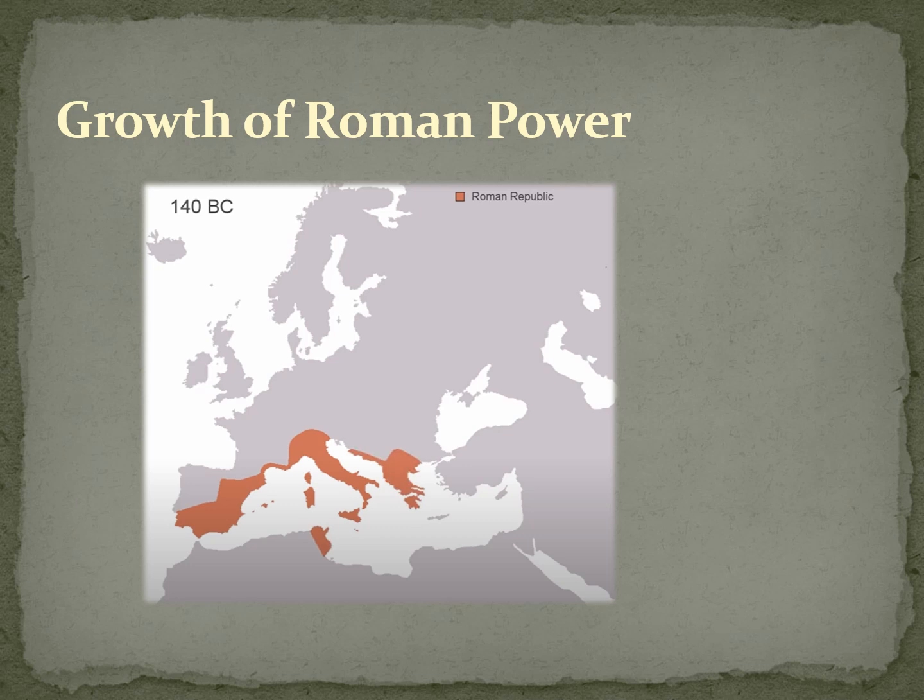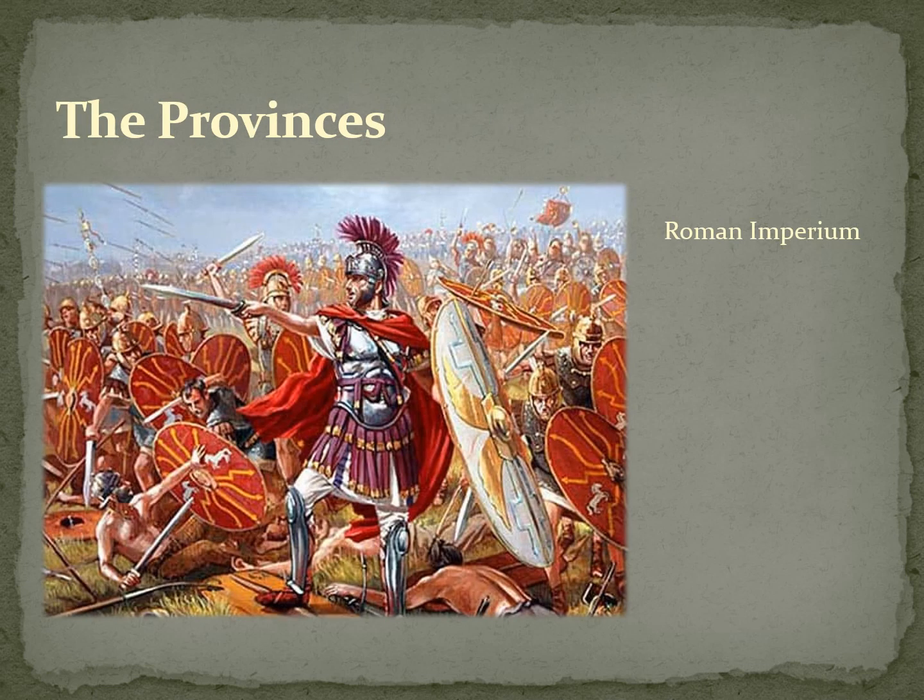Now, I want to get some terms down, some terms that will help you to understand what's going on here. One of the terms is Roman Imperium. The word imperium in Latin just means to command. So we've touched upon this term already, in the context of when a community would surrender to Rome. Back in the old days, one of their neighbors would surrender to them, and Rome would become like the alpha of the pack.